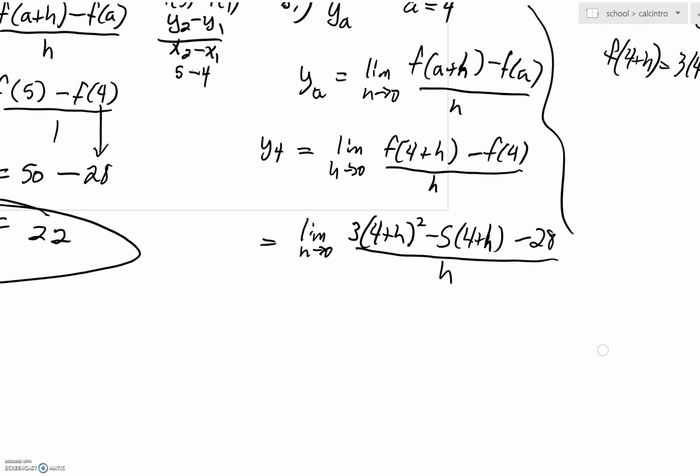All right. So finishing this thing up, we just have to expand. This is 16 plus 8h plus h squared. So 3 times 16, you get 48. Here's 24h plus 3h squared. Minus, this is 28, no, just a